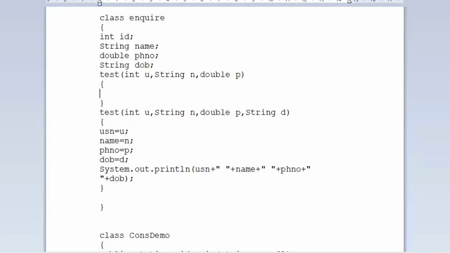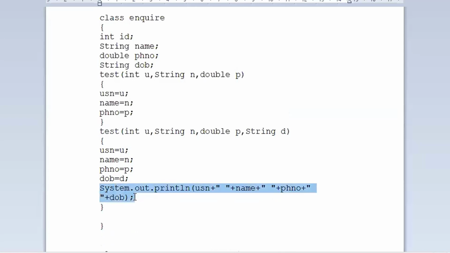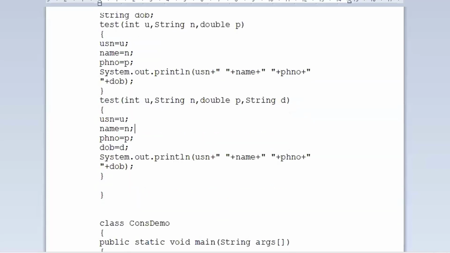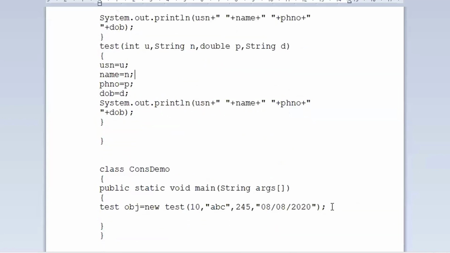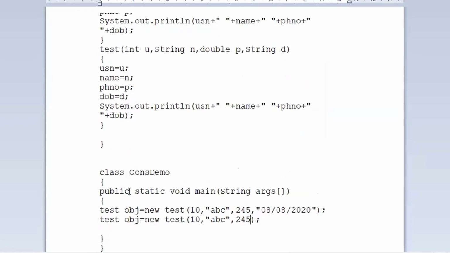How many arguments are you passing now? 3 values you are passing. 3 values means I will initialize only 3 values. Initializing only 3 values, right? So just let me print whatever values I have got, right? So when you are initializing only 3 values, can I create one more object here to call that particular constructor? In this case, I don't want to give a last value. Are you clear with the changes?